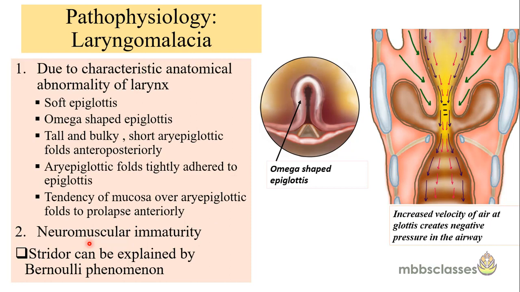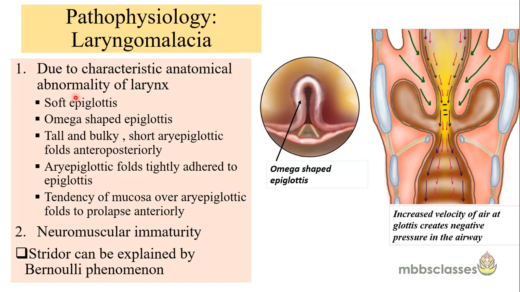Now let's see why and what causes the stridor in laryngomalacia. The stridor in laryngomalacia results from the collapse of the supraglottic structures, which results in a narrow airway, and the second cause is turbulent airflow. So the reasons behind the stridor are, first, the characteristic anatomical abnormality of the larynx, and second, neuromuscular immaturity. Now let's see what are the different characteristic abnormalities of the larynx which lead to laryngomalacia